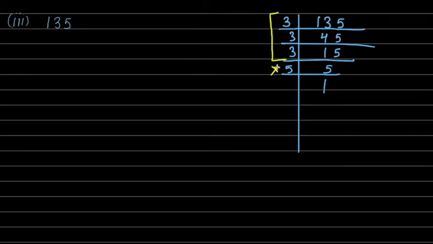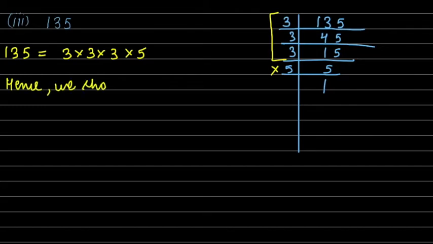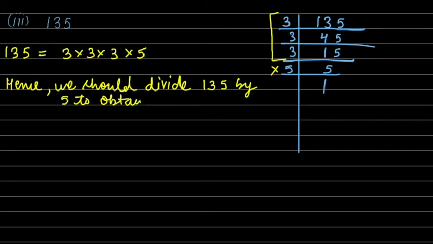This number 5 is not even making a pair, right? So it means we will write the factors of 135 as 3 into 3 into 3 and this 5. So what should your answer statement be? Hence we should divide 135 by 5 to obtain a perfect cube,